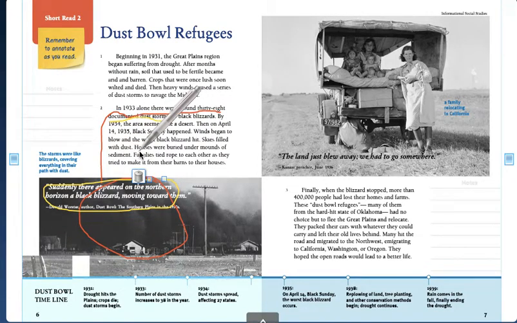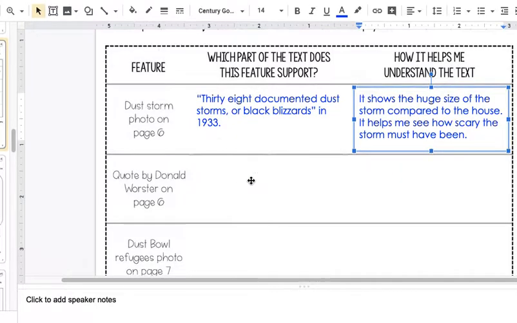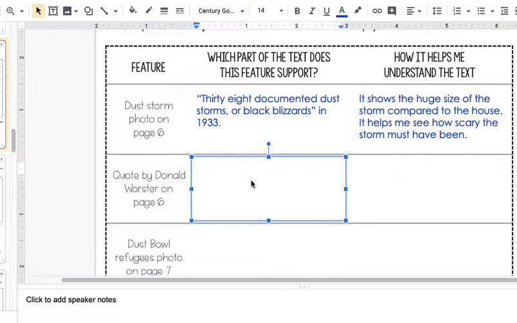Skies filled with dust, houses were buried under mounds of sediment. So this quote is supporting this description here of Black Sunday. So what part of the text does this feature support? It supports paragraph 2 and the description